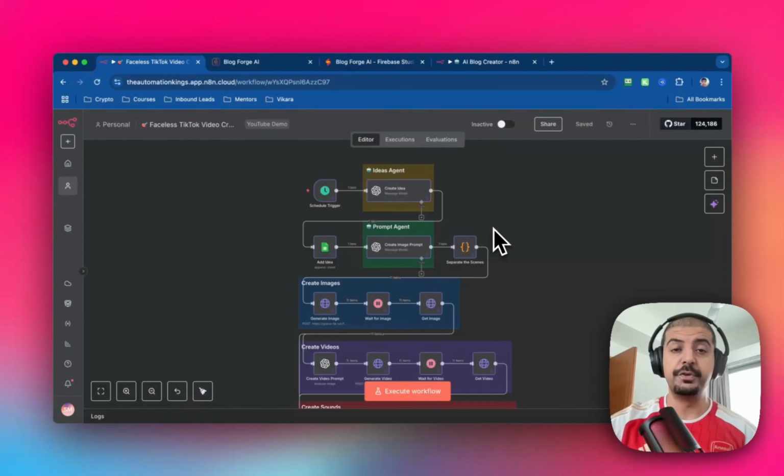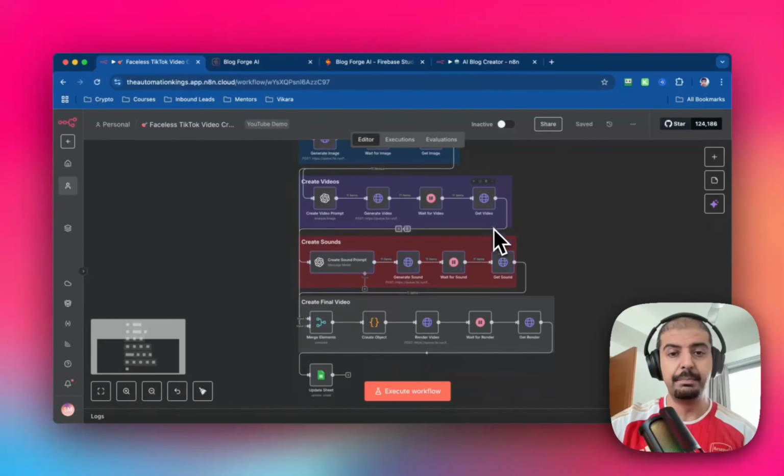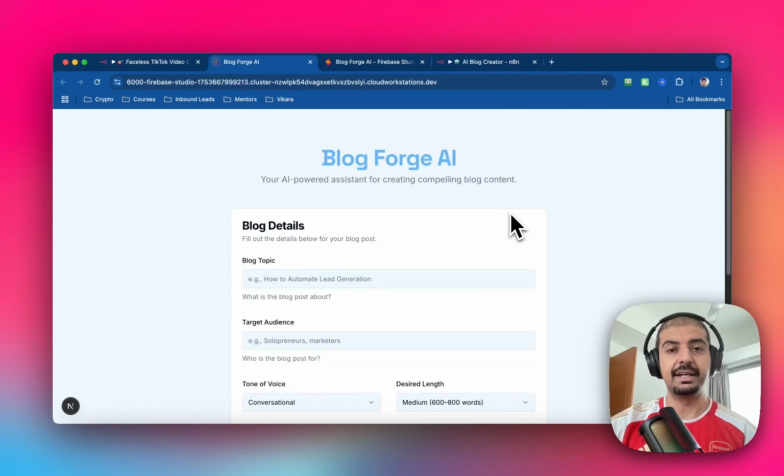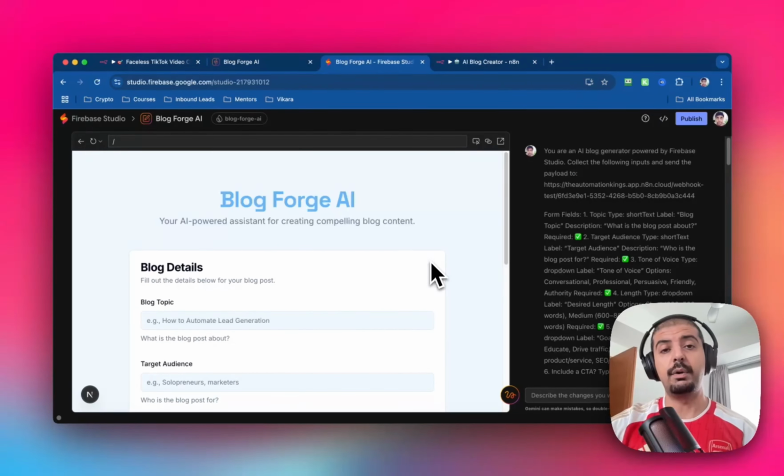Most people build powerful automations inside of n8n, but they look like this. What if you can add a custom UI that's clean, that's clickable, and a dashboard that clients are willing to pay for? In this video, I'll show you how I wrapped my n8n automations into a clean user interface that's completely automated, that uses AI, and the best part of it is that you don't even need to write a